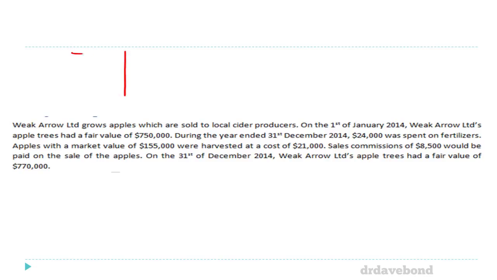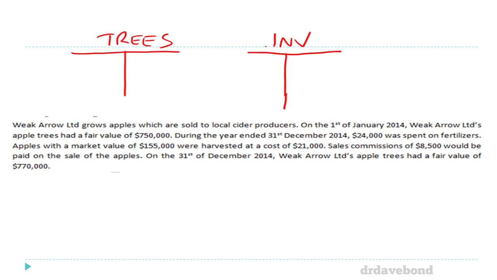And I'm going to use T accounts because they actually pick up this idea much better than formulas or just writing numbers in. So trees, and let's call it inventory. So the trees we know start the year at 750, and we know at the end of the year, so that's given information. You can't really do this without that. So you know they start at 750, they end at 770. The inventory,